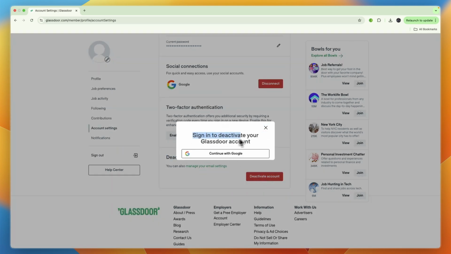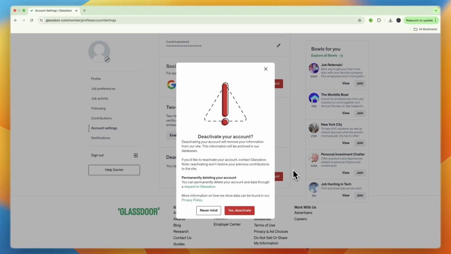And now here you need to sign in to deactivate your account. And then after doing that, they will ask, do you want to deactivate your account? Deactivating your account will remove your information from their site. This information will be archived in our databases. So this is for an account deactivation, but if you actually want to delete your account, you can see right